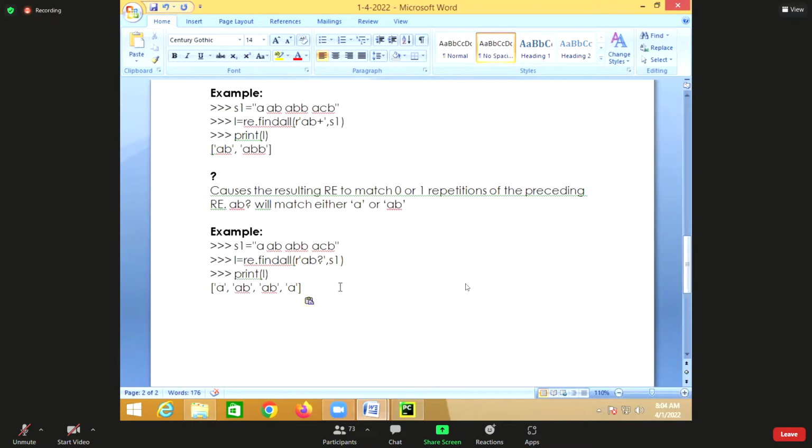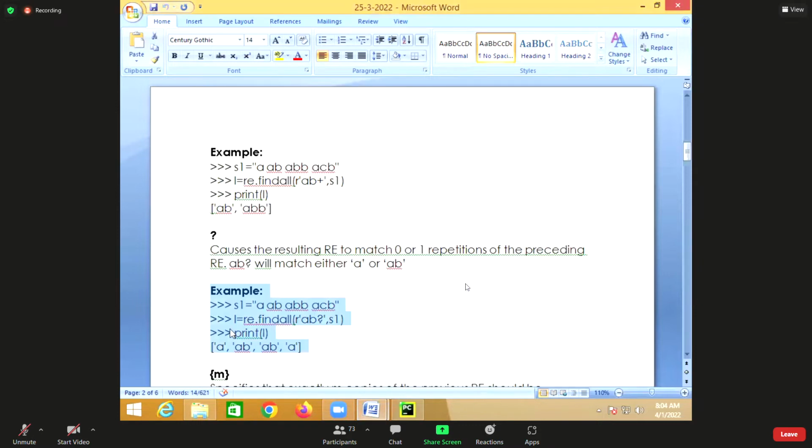But I want to define my own repetitions. For example, I want only 2 repetitions, or I want only 3 repetitions, or I want only 4 repetitions. So I can define my number of repetitions using curly braces.